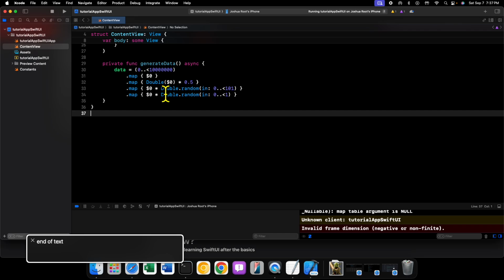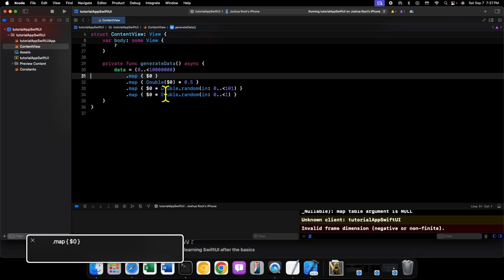You can see what this function is doing. It's using a range to go from 0 to 9,999,999, where 10 million is exclusive, so it's not included. We're then mapping that range to be an array of integers. Then we are performing a few other operations on the entire array, which again takes a little while. So if we go back up here,